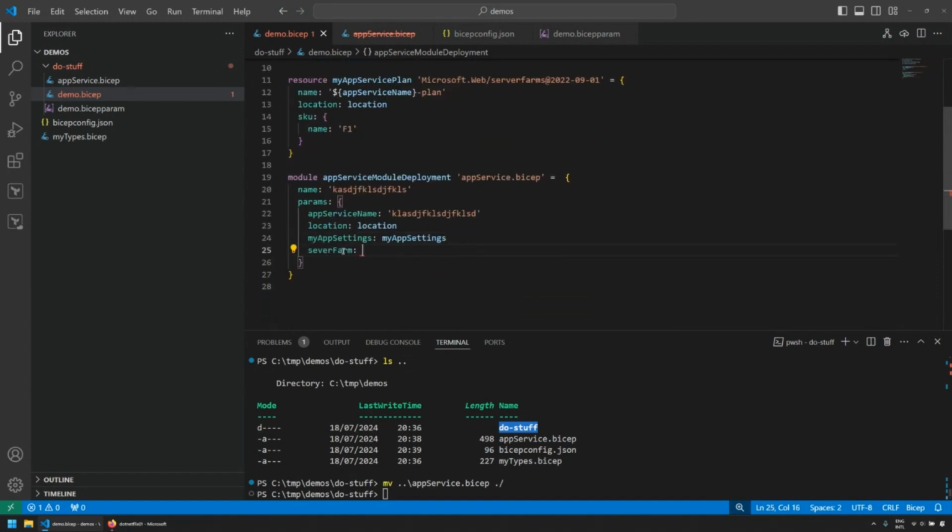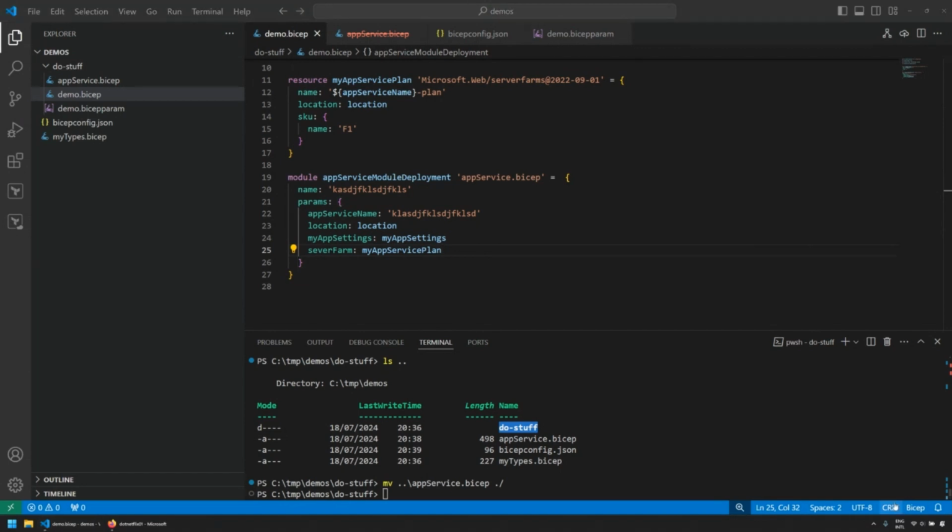And then finally, I have to provide a server farm, and that needs to be something of type Microsoft.web/serverfarms. For example, my app service plan. So now I'm passing a reference to that resource along, again, making my templates more readable. Great feature, if you ask me. Funny story, I never used it in a real world project.